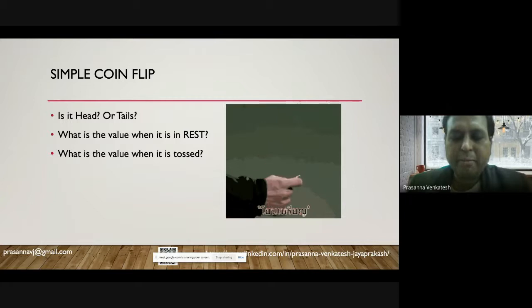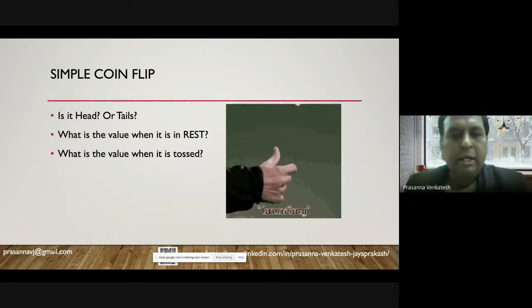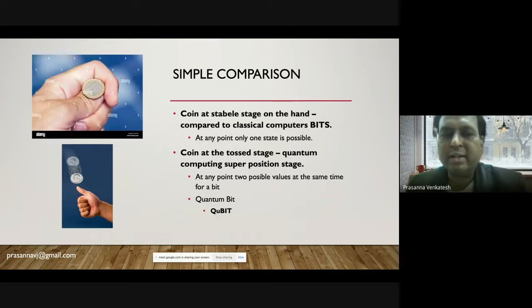And that is the basic premise of quantum computers. Now here, when the coin is kept in a stable state, you will really know the current state that represents a bit. Whereas when the coin is tossed in the air, it might have head or it might have tail, or you can say it has both states at the same time. So that is a different type of representation. That is what is called qubits. The whole of quantum computing is based on the premise of qubits.